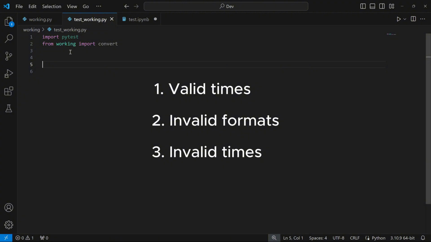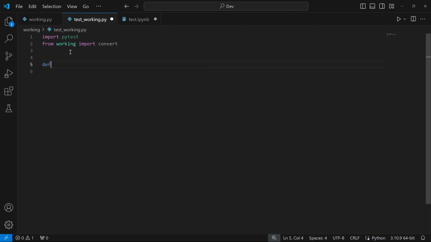In the first, I'm going to enter a number of valid times and ensure that the output is what we expect. In the second, I'm going to enter a number of invalid formats to ensure that pytest is able to catch that. And in the last one, I'm going to enter a number of invalid times and see the way our code behaves. So this first function, I'm going to call